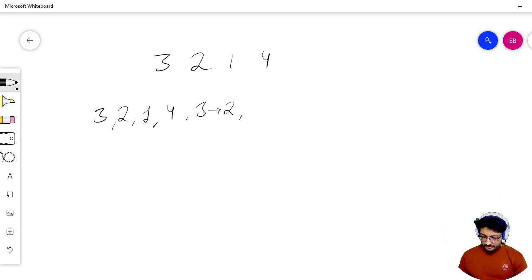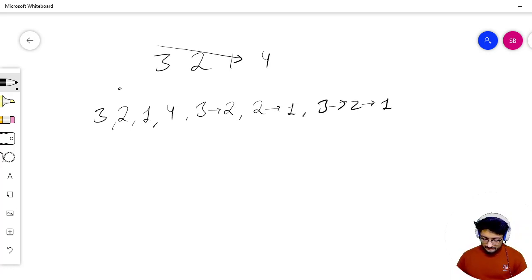2, 1 can also be taken as one of the examples. So from 2 to 1 it is going down. From 1 to 4 it is not going down, it is going up, so we don't have to take that. Also from 3 to 2 to 1, this is also continuously going down, 1 at each step. So it is also 3, 2, 1, 2, 2, 1.